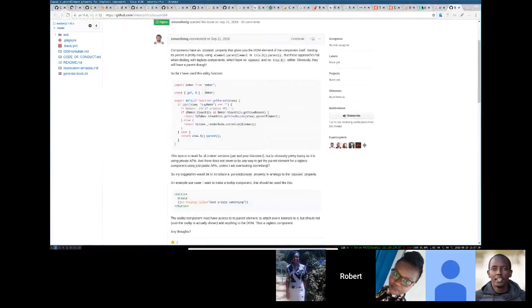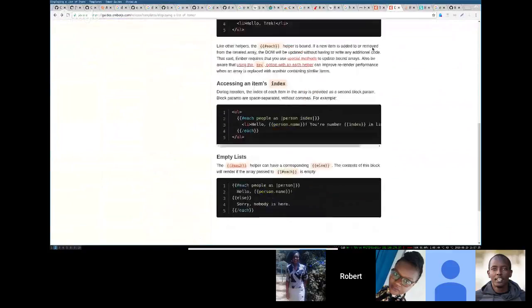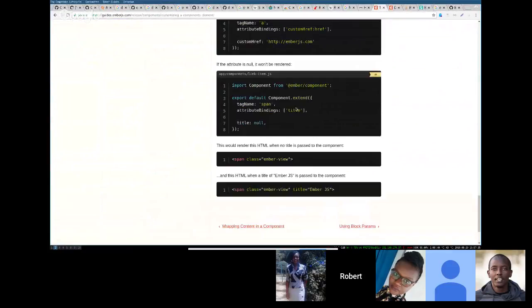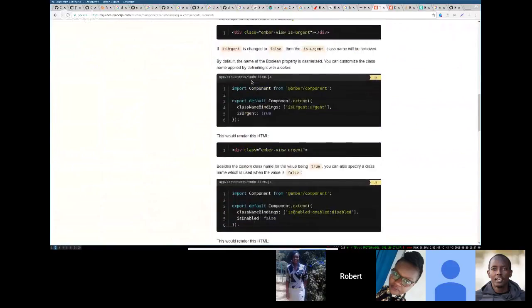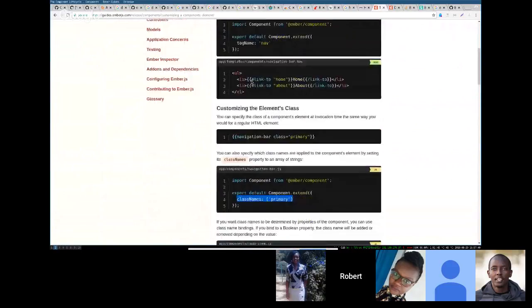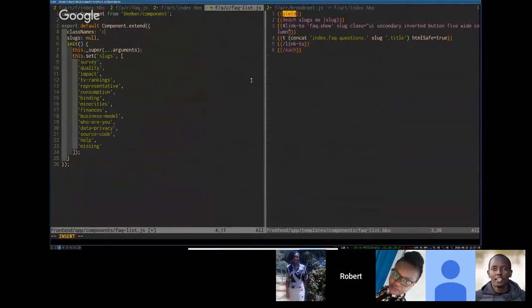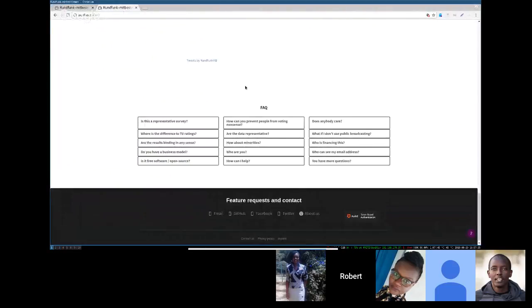What were the class names? Class names. Centered row. Okay, I'm adding the tag and the parent component. I'll add centered row as CSS classes to the parent component. And now it looks